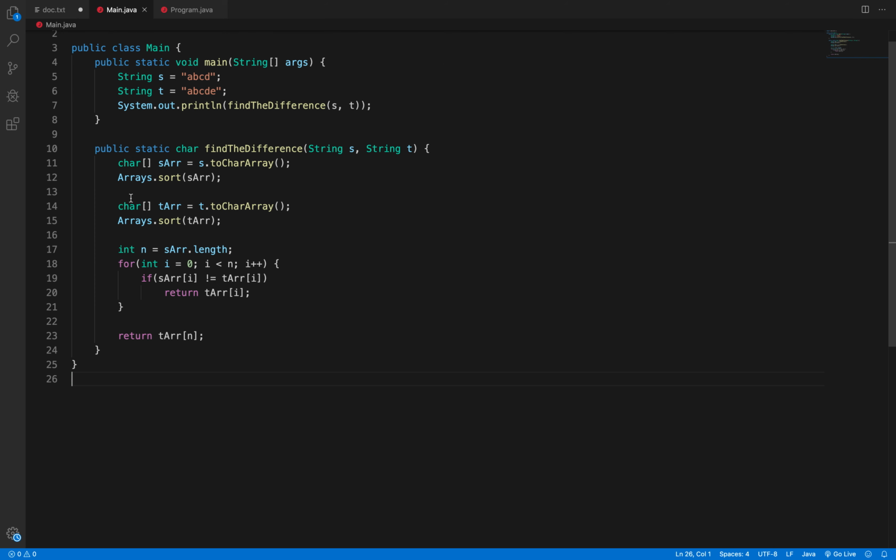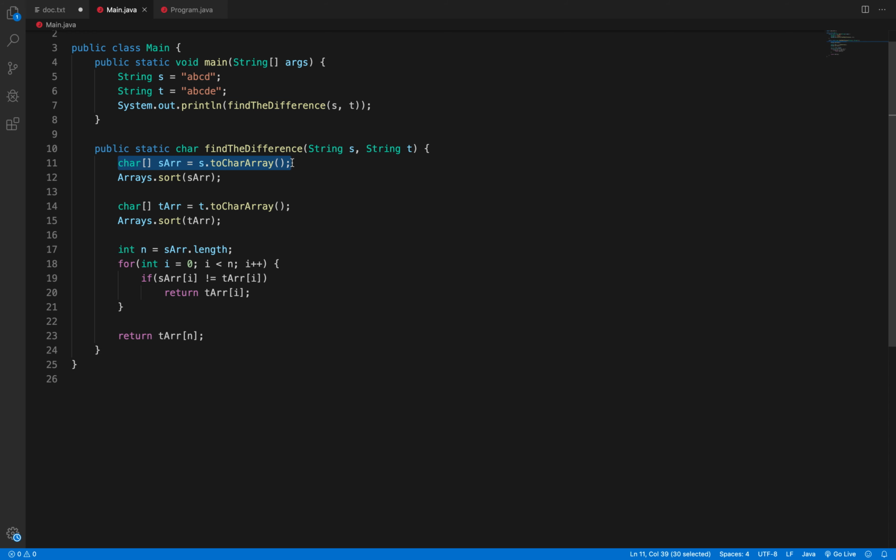Here is the Java implementation of the first approach. This is the method, it's taking two strings. As you know, in Java and most programming languages, strings are immutable, so we cannot modify the string content. So to sort it, first we have to convert it to a character array.